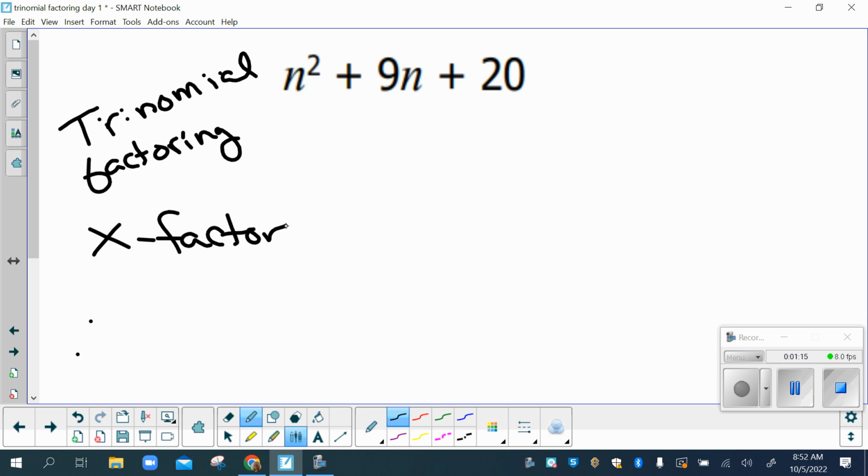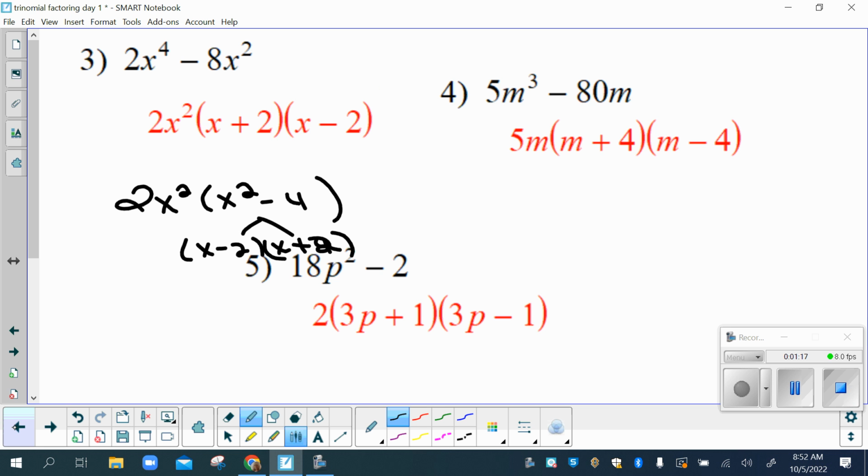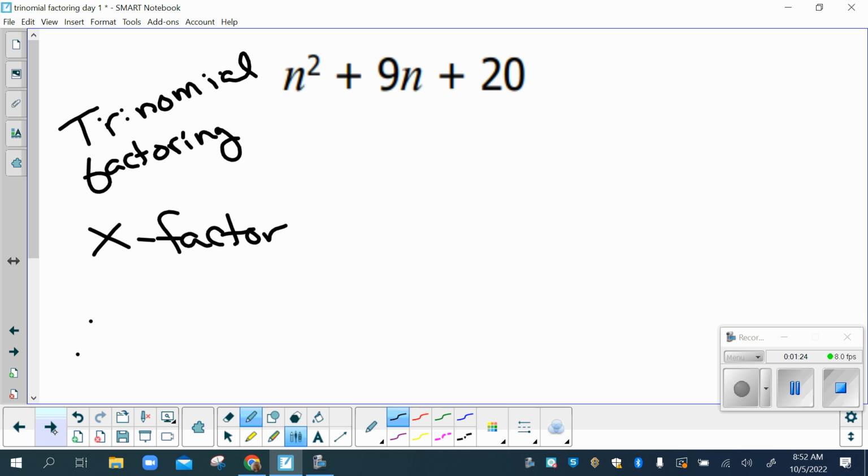Here's what I need you to notice. Yesterday was a two-parter. That's why it's called binomial. Today is a three-parter. Check this out. One part, two parts, three parts, right? This is trinomial factoring. And what we want to do is take this guy and rewrite him as two little